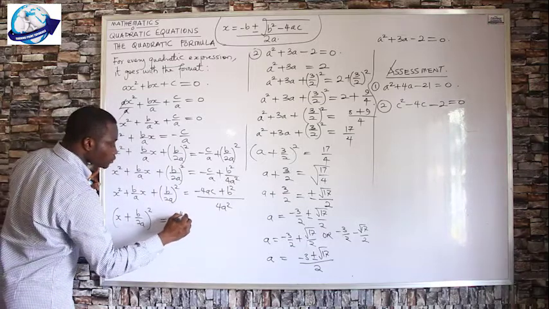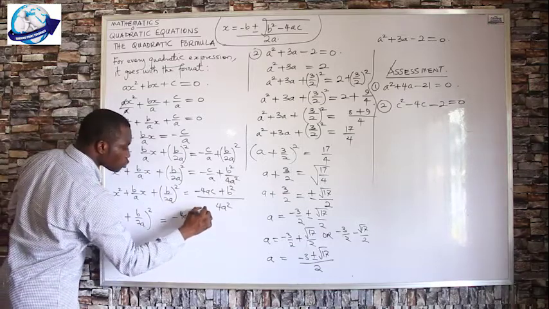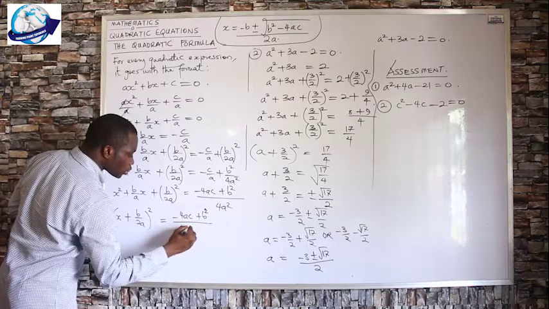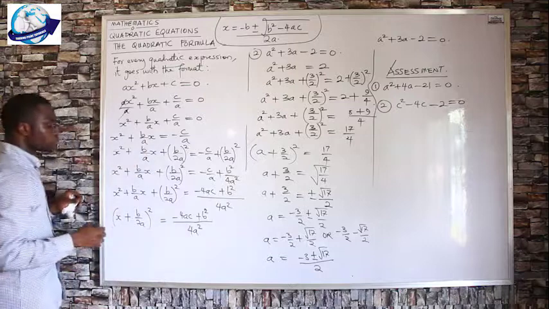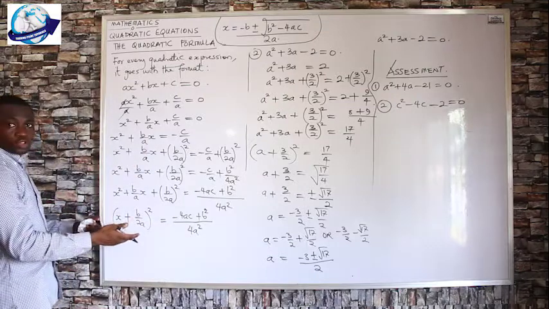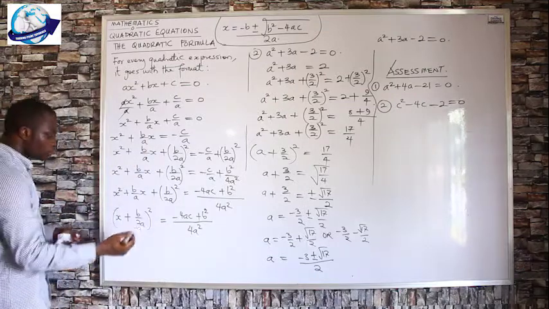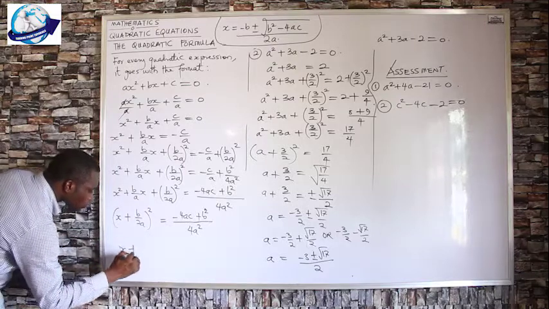minus 4ac plus b squared all over what? 4a squared. Beautiful. Alright, now the next thing to do is to take the square root of both sides. Of course, this square goes away. That gives you x plus